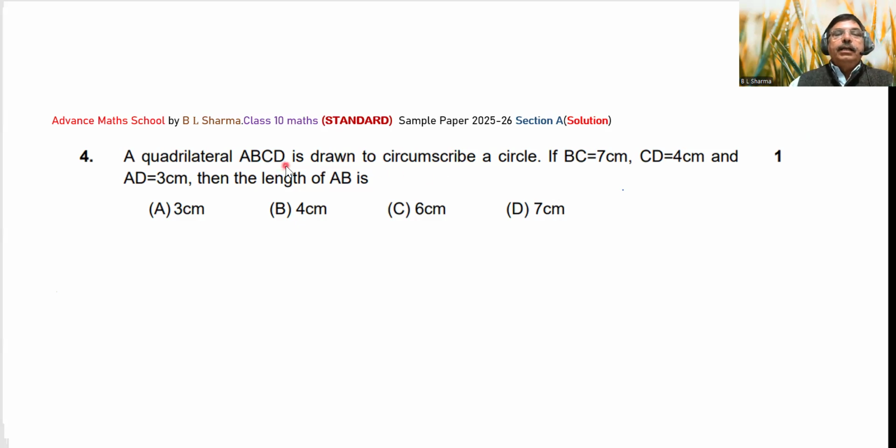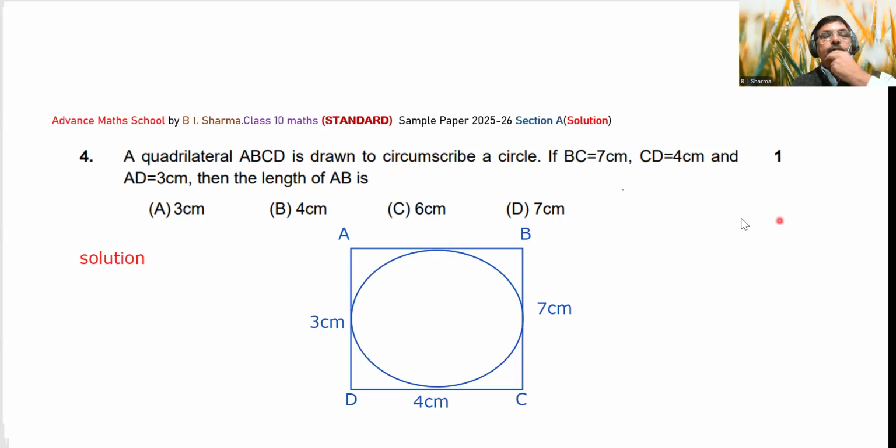A quadrilateral ABCD is drawn to circumscribe a circle. If AB is equal to 7 centimeter, CD is 4 centimeter, and AD is 3 centimeter, then what is the length of the side BC? We have to draw a quadrilateral. First, we have to visualize it. And in this case, we know that the sum of opposite sides